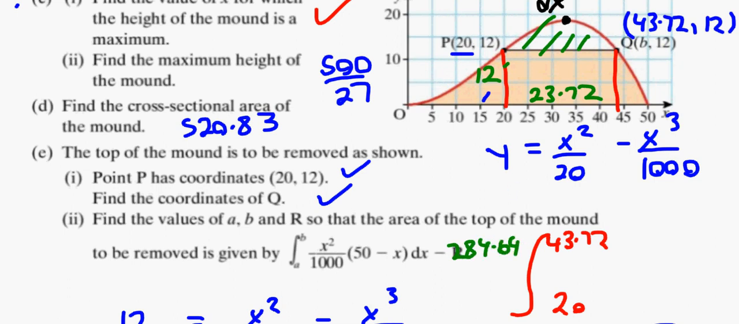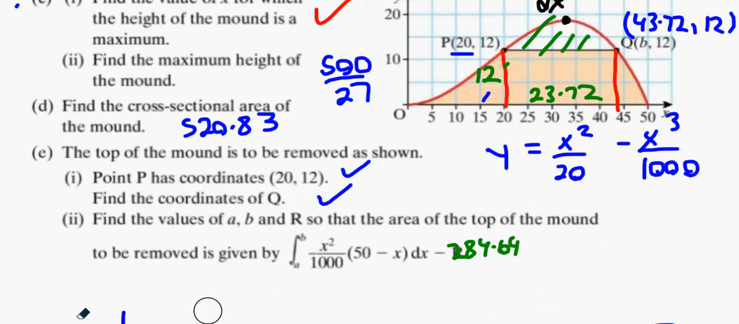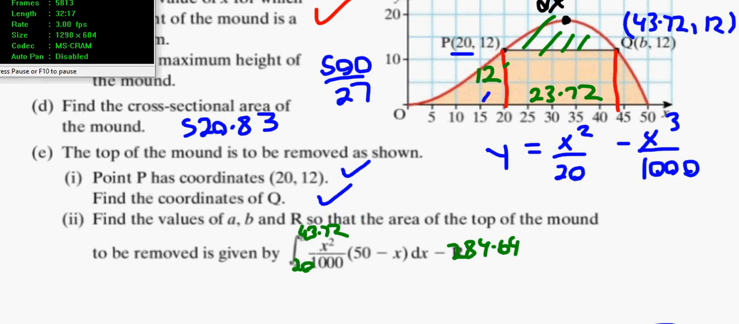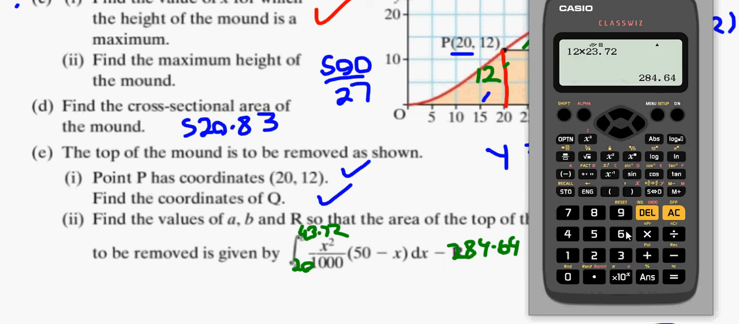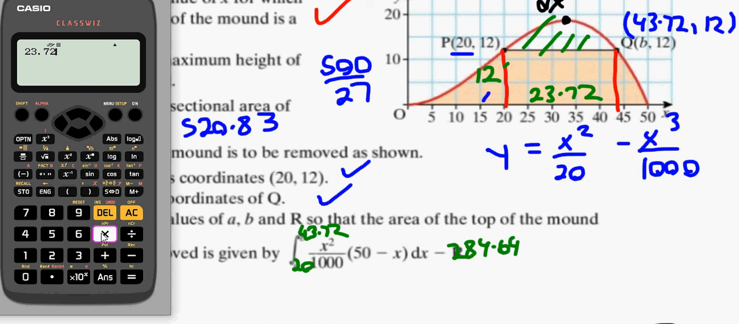Is everybody agreed with that? All right, and what's the A and B value? Yeah. 20 and 43.72. When you multiply 23.72 by 12,